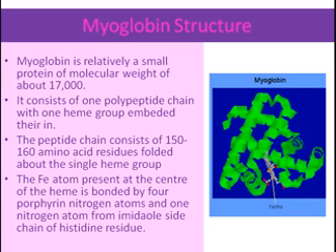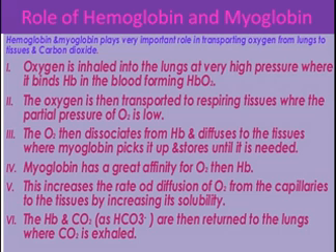So this is the basic difference between myoglobin and hemoglobin. In both cases the iron atom is present at the center of the heme, bonded by the 4 porphyrin nitrogen atoms, but in the case of myoglobin, one nitrogen atom from the imidazole side chain of the histidine residue is also bonded. So one nitrogen atom gets bonded to the imidazole side, whereas in the heme, all 4 nitrogen atoms are attached to the porphyrin ring. This is the major difference between the hemoglobin and myoglobin structure.